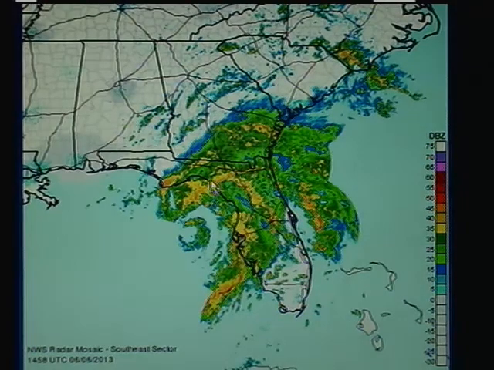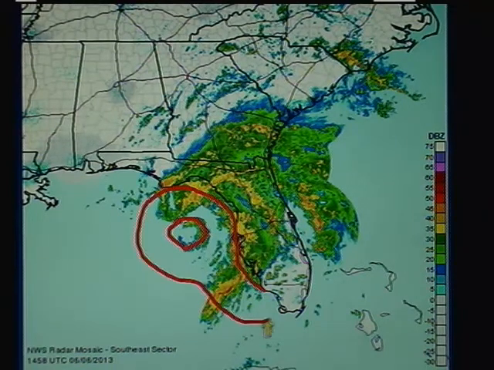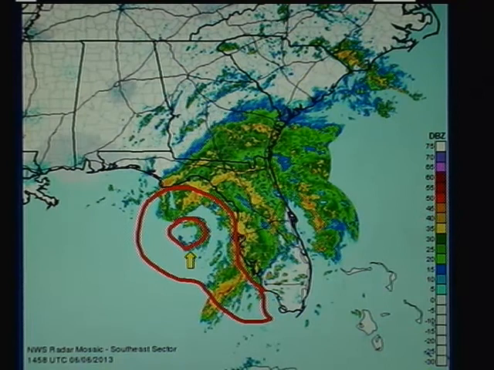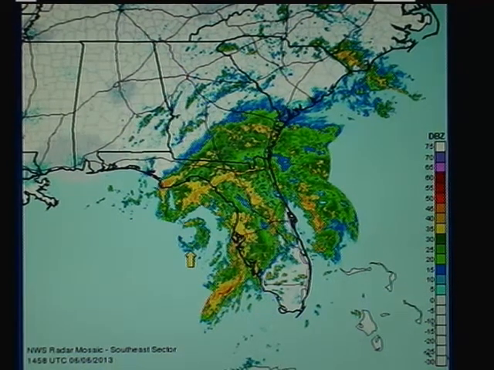Look at the radar, very well defined center of circulation for such an early season system. It's really trying its best to organize. The water temperatures out here, though not indicated on this particular map, are right around 80 degrees, maybe even a degree under that, and it's really trying to take advantage of everything it can, which is impressive. The atmosphere wanting to create these tropical cyclones right now shows me that it's going to be probably an active